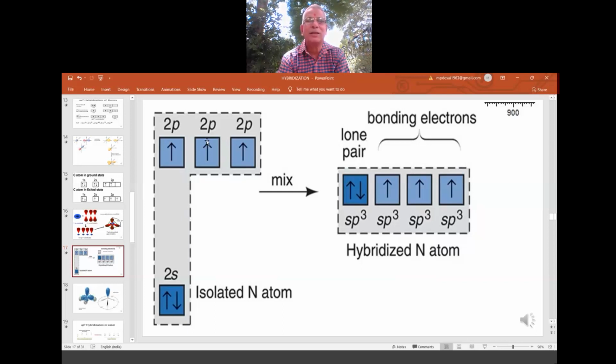So already 3 unpaired are there. But this s orbital is there, no, as a supportive. So I will give support. So for the hybridization, this one s orbital, that is 2s orbital, and 3 p orbitals, they mix. This is called sp3. sp3 orbitals are formed. Okay, so totally how many orbitals ready for the hybridization? 4. How many are formed? 4. But out of 4, 3 are what? Hybrid atomic orbitals.